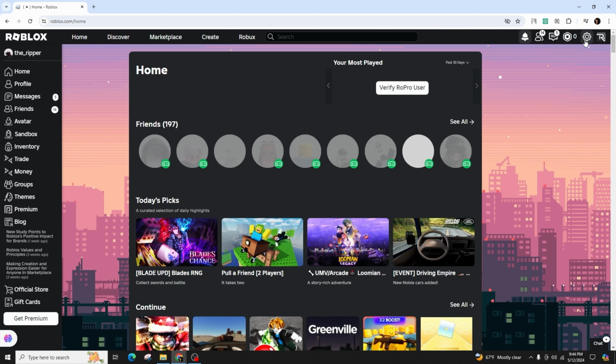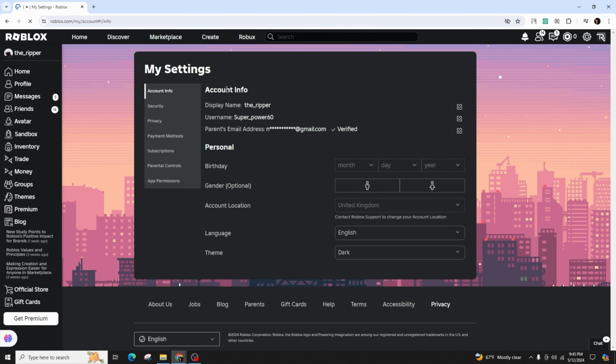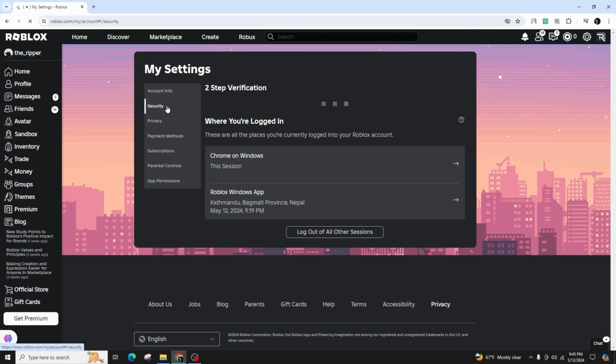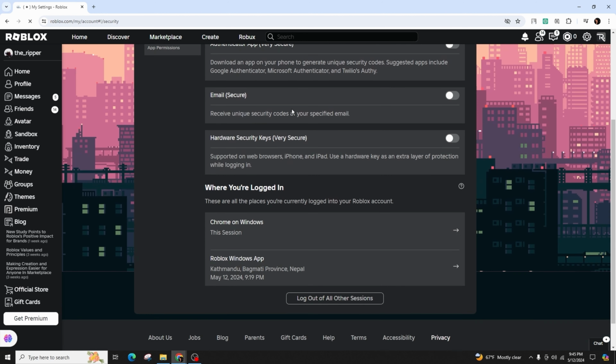So first of all, you have to log into your specific Roblox account and click on the cog icon at the top right corner. From the drop-down menu, choose Settings, and once the settings loads, navigate to the Security tab. Here you will find various options, including two-step verification, and at the bottom you will see security keys, which act